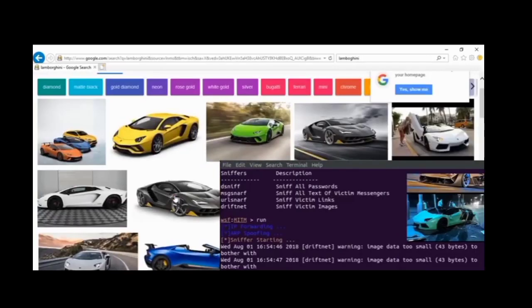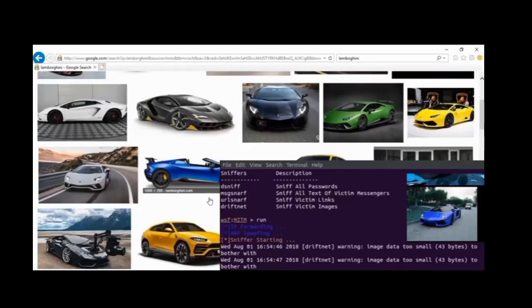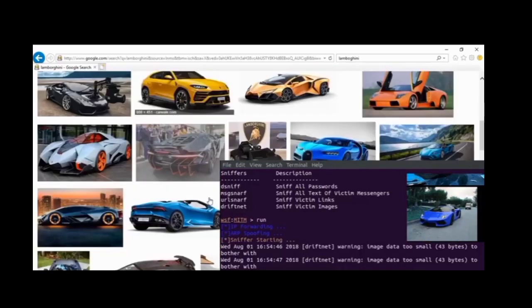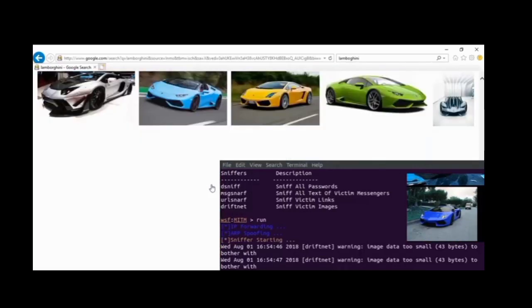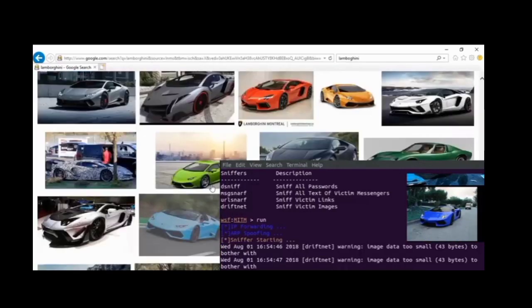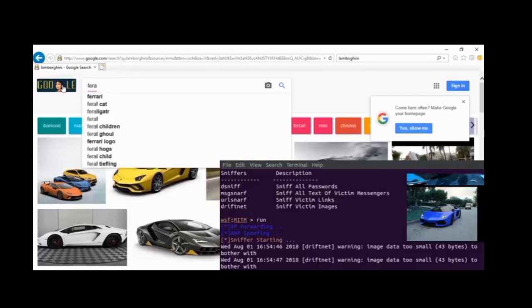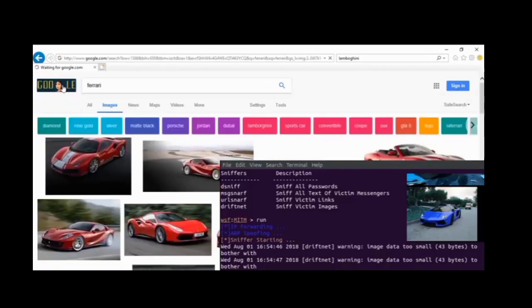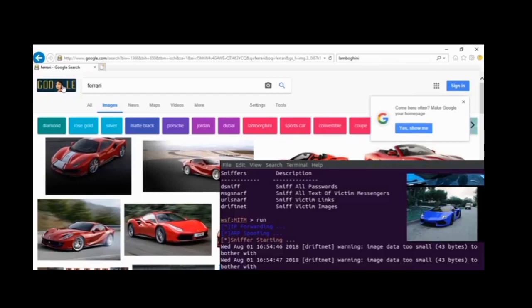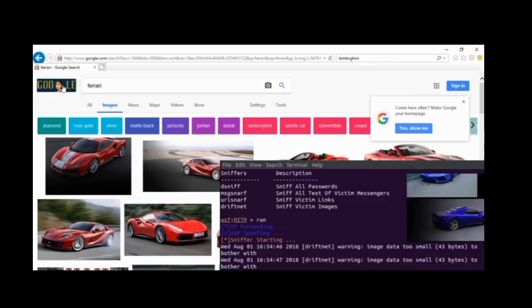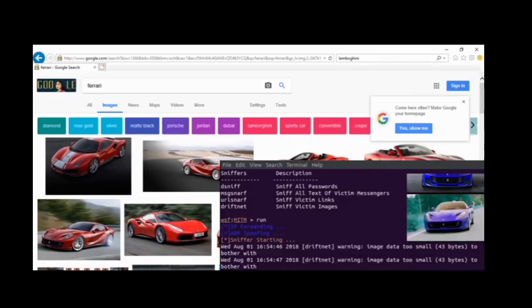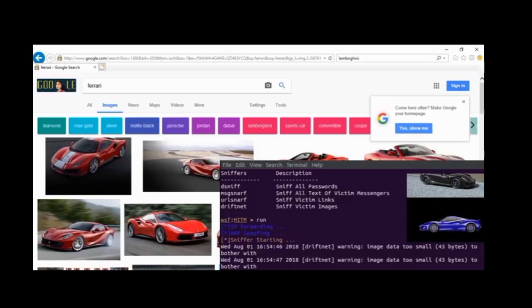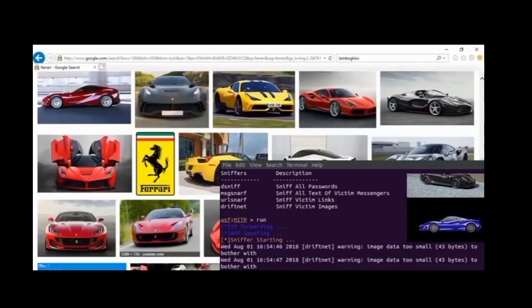This Lamborghini looks really cool. This crashed one. There are so many Lamborghinis to look at. As you can see, whatever images you're looking at are just being sniffed out of the network, and I can see them as an attacker. This gives you a measure of the magnitude of information that can be stolen from you through a simple man-in-the-middle attack that can actually be performed with regular software available for open source use. Okay, so that was it for